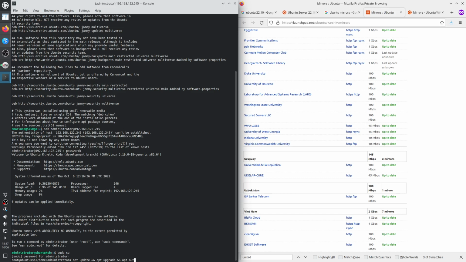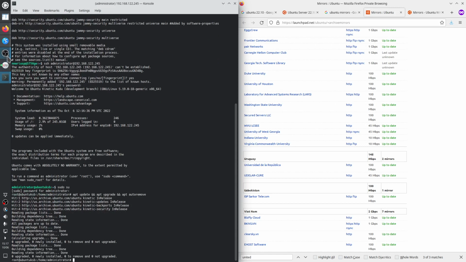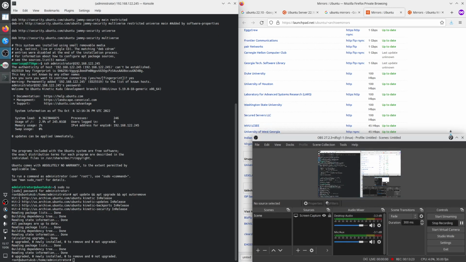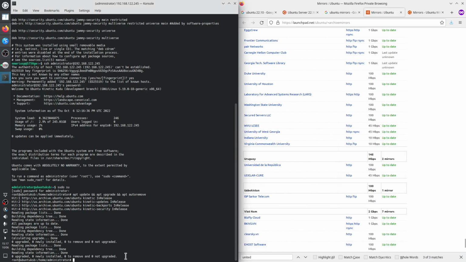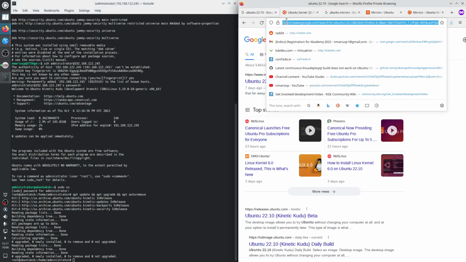Apt autoremove. Okay. So the installer, the ISO is from a few hours ago, so now the packages to install for upgrades. And now let's go to kdesrc-build, so